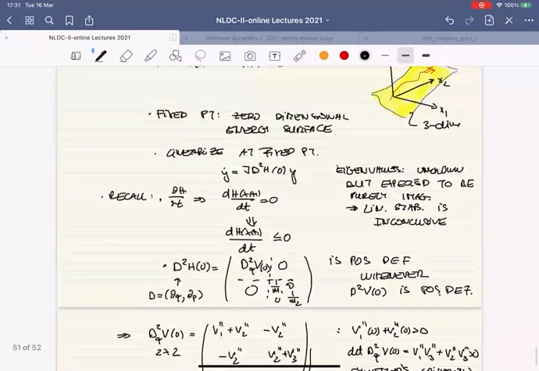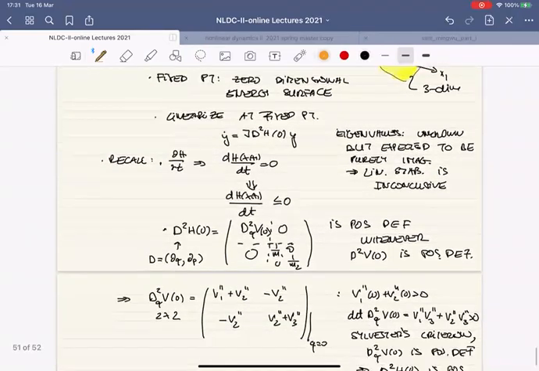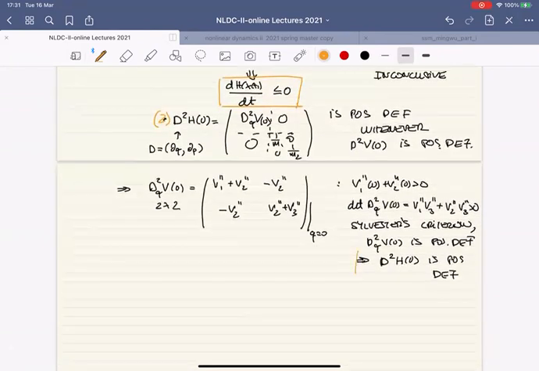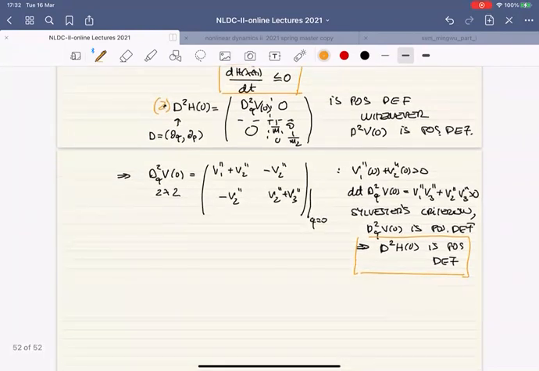Okay, so what do I have so far? I should probably actually number these. This was point number 1, and that resulted in this conclusion. And this was point number 2, which resulted in this conclusion. And as far as I can tell, that's precisely what I need for H to be a Lyapunov function, because I need H to be negative semi-definite, and I need to have it for it to have a local minimum at the origin. Okay, so when that's the case, then Lyapunov's first theorem